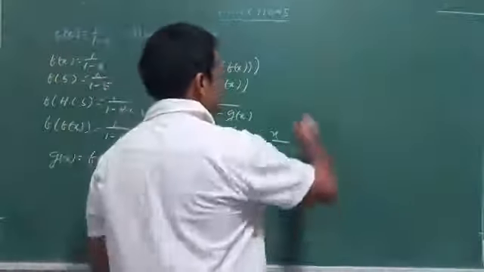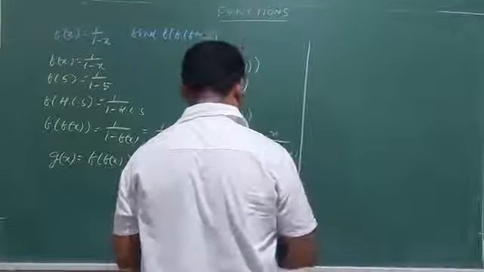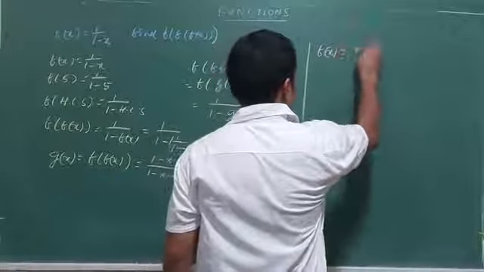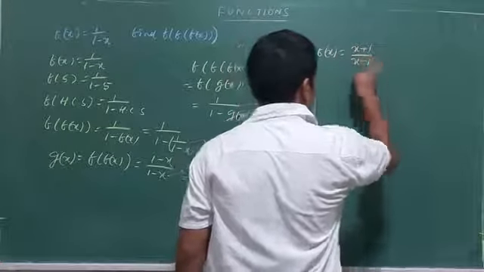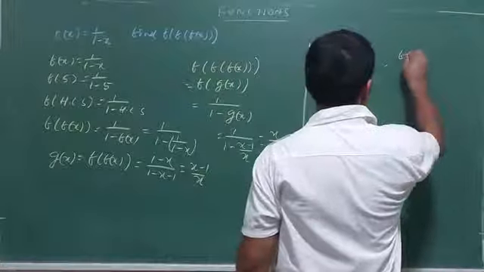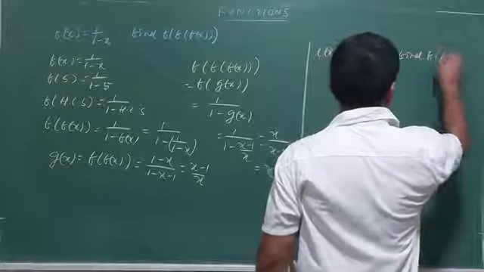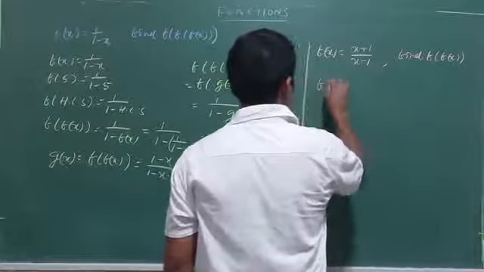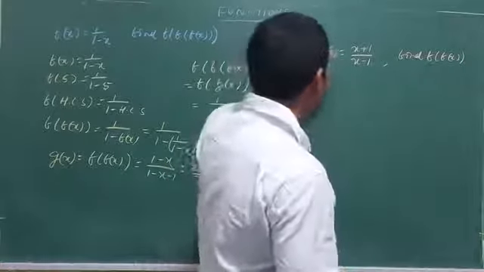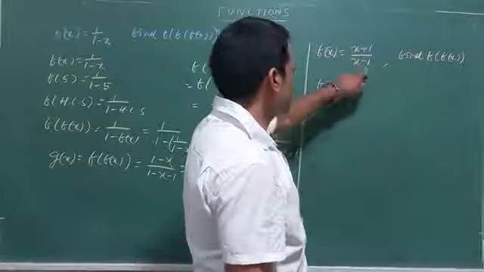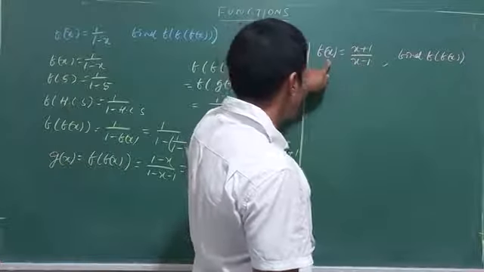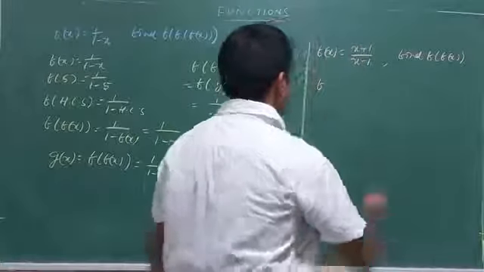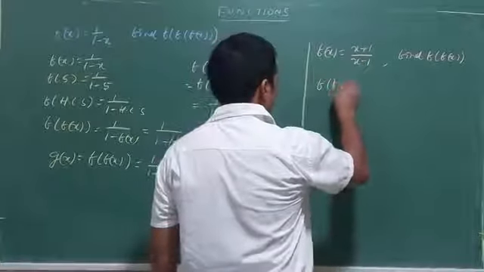Next question. Suppose f(x) is equal to x plus 1 by x minus 1. Find f of f(x). First you find out, suppose I write down f of 10, this will be 10 plus 1 by 10 minus 1. F of x cube will be x cube plus 1 by x cube minus 1. F of f(x) equals to